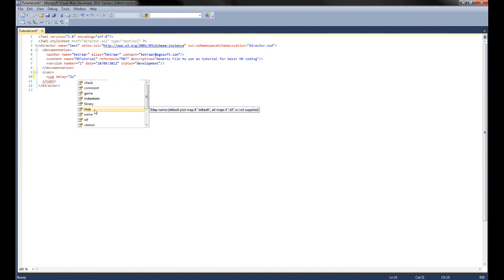Map defines the map name if you want. Let's go back for a second. As you can see, it says here default plot map if default, and all maps if all or not supplied. So I really don't think this is needed, so we'll just skip that. I never use that. And here, as you can see, this is the queue name. This is actually the first thing you want to do. But for now, I'll leave it for last. Reference queue is exactly